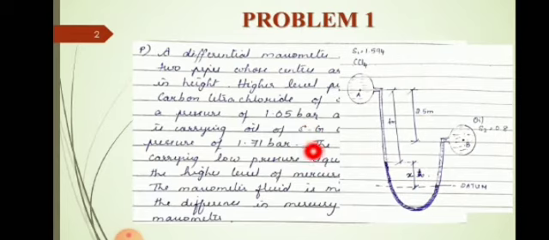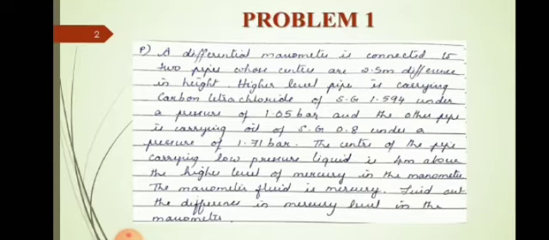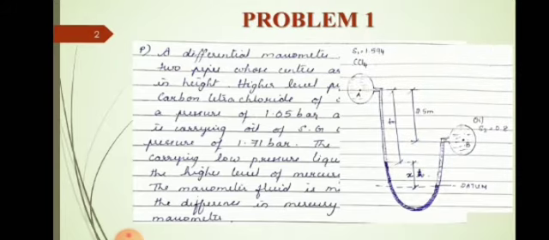So this is the lower level of mercury, and there we are drawing the datum line. Okay, and this is the height between the lower level of mercury and the higher level of mercury, which is marked as X in the figure, which we have to find out. In the question, what are you asked to find out? Find out the difference in mercury level in the manometer. So you have to finally find out the value of this X, the difference in level of mercury.